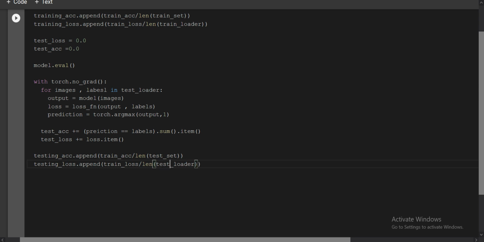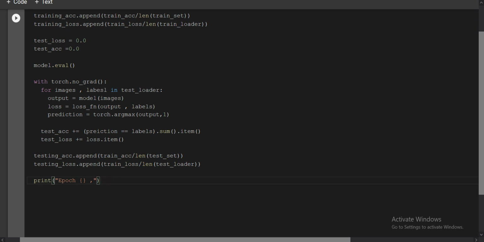So this was the whole concept, and then you will print each and everything. This is our final step: you want to print every epoch and see how it is behaving, the training accuracy, training loss, and validation or testing accuracy and testing loss.